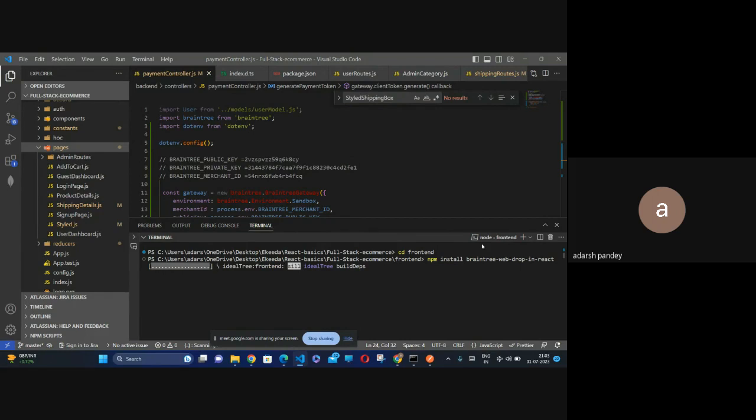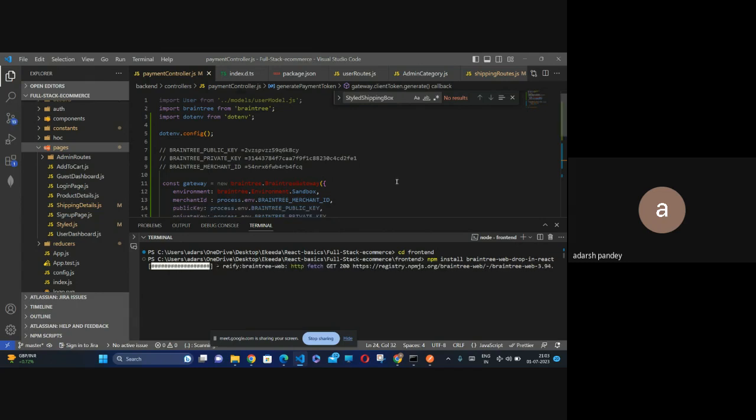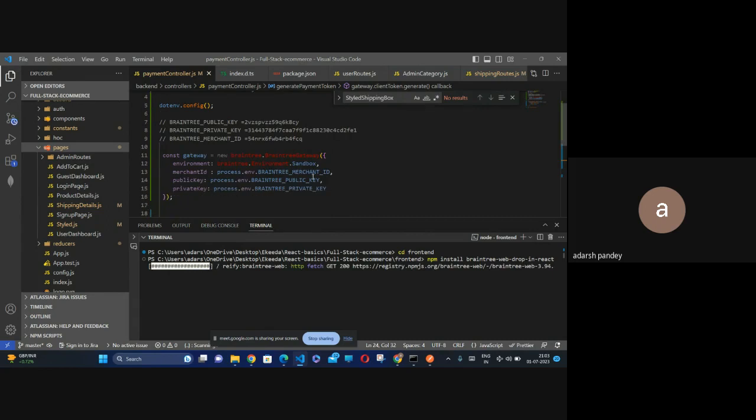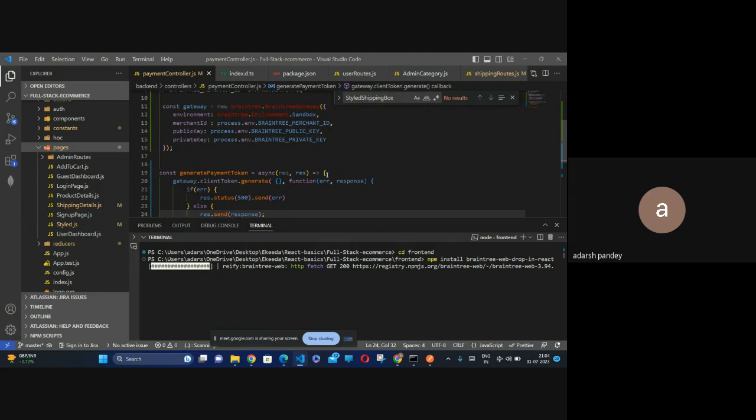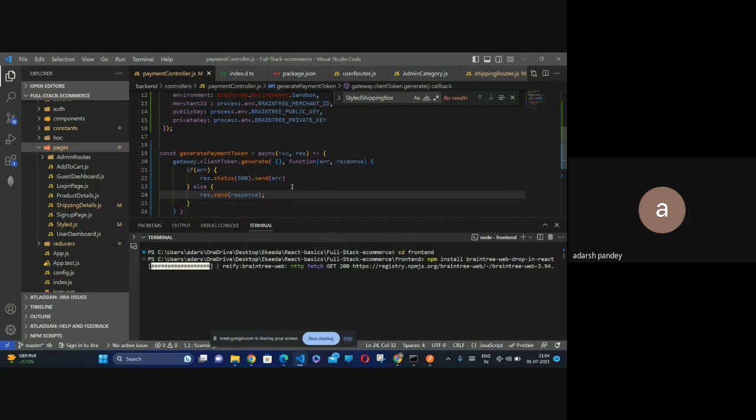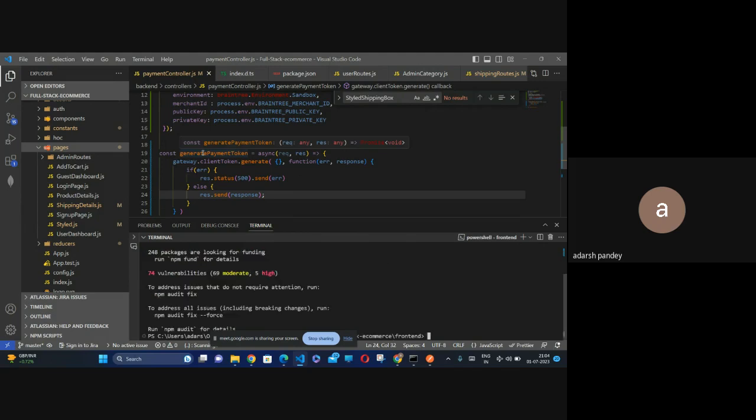and if you are going to explain for the back end, then you can see clearly we have a Braintree package inside the back end, so it gives you some kind of gateway which just provides the client token on the basis of their private key, public key, merchant ID, and environment. So as an environment, I have used the sandbox, and we have generated the merchant ID, public key, and the private key, and we have used it whenever we have to generate a payment token for the front end. So okay, बहुत ज्यादा बोल दिया,